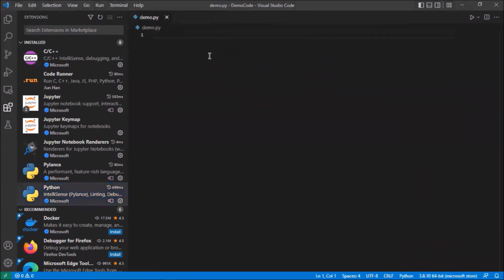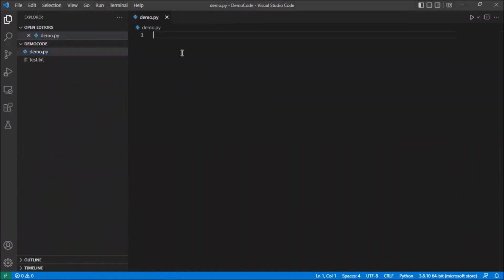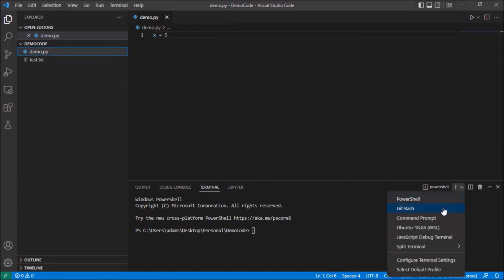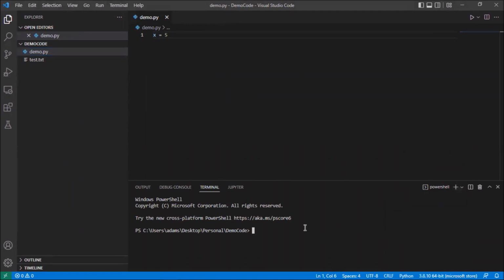But once you have the Python file, again, it's pretty straightforward. You can do the same thing that we did before. So here, I wanted to say x equals 5. Now I hit Control S to save, and I'm going to open up a terminal here. Again, one of the great things about Visual Studio Code is it has a built-in terminal. You can use PowerShell, Bash, command prompt, any other type of terminal that you would like to support. So in this case, I just have a PowerShell, and I can run this Python file we created,